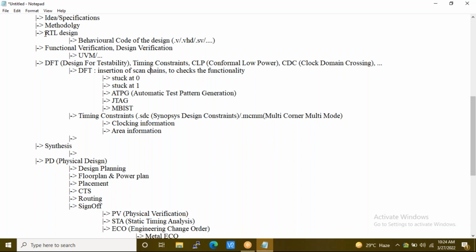Once I write an RTL code, I'll pass it to the DFT team, and based on their requirement, they will update that RTL code with respect to the scan chains, with modifications of a few more functionality check related modules. Most probably when we are talking about behavioral code, you will be hearing some terms called modules, right? Any idea? What is meant by module?